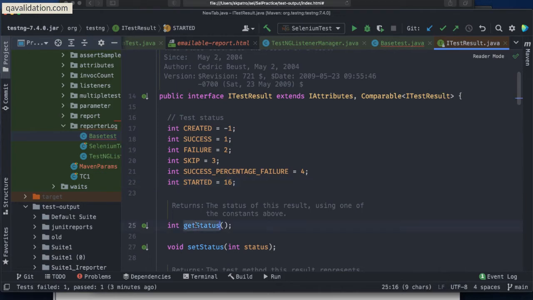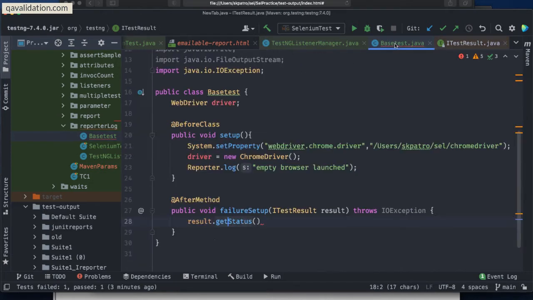getStatus will return an integer, right? If it is returning 2, then it means it's a failure. If it is returning 3, then it's a skip scenario. If it is success, then it is 1. So can I utilize the same thing in this base test? I will say getStatus equal to 2.